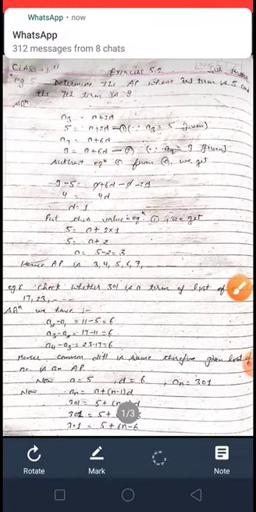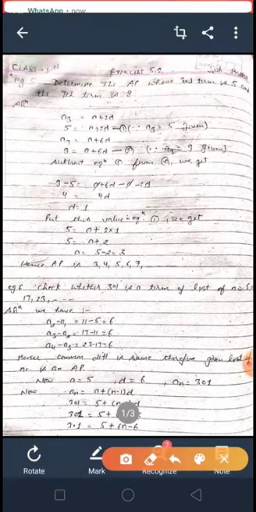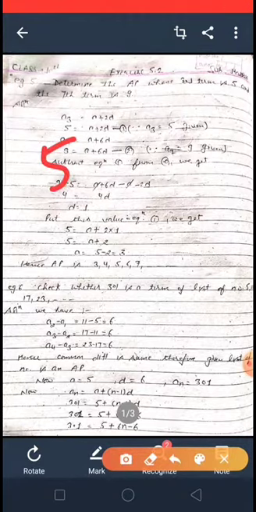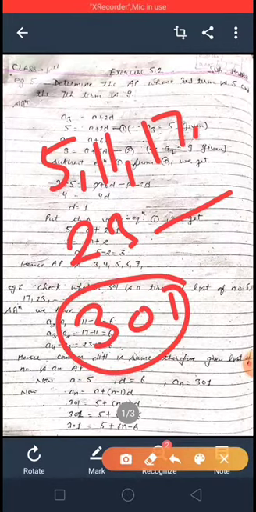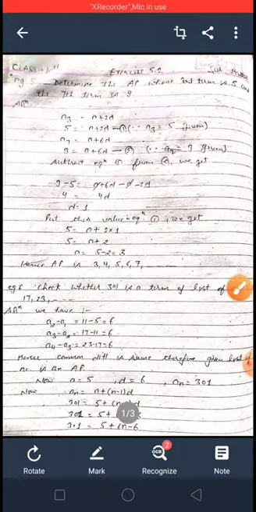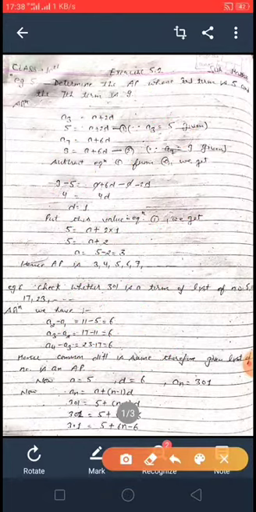Clear? Now the next question is: check whether 301 is a term of the list of numbers 5, 11, 17 and 23. Means we have been given a number, 301. Is this number a term of this list of numbers or not? We have to tell that. Clear? So first we have to find out